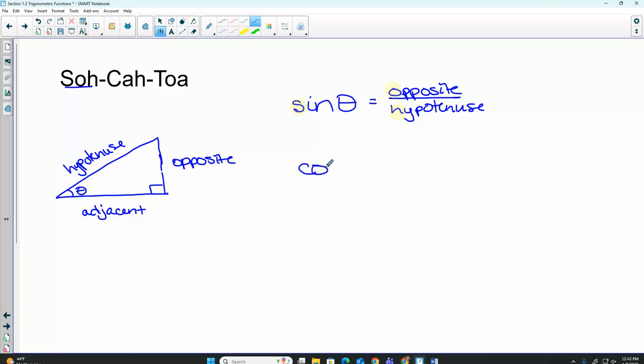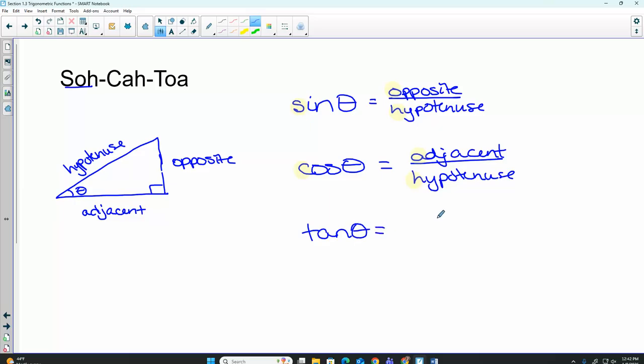CA is for cosine. It's the adjacent side over the hypotenuse. CAH. TOA, tangent, is the opposite divided by the adjacent,